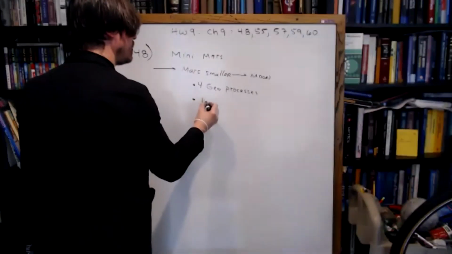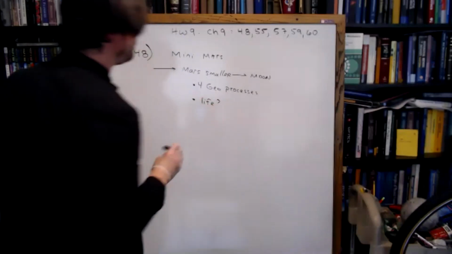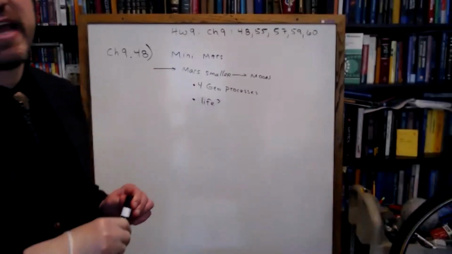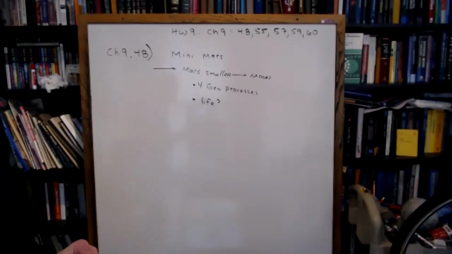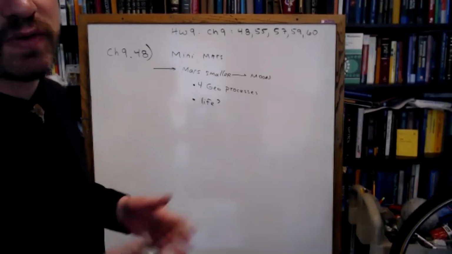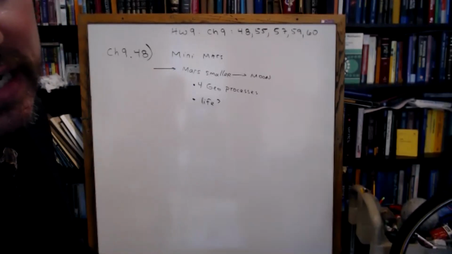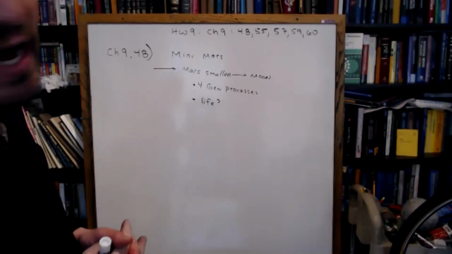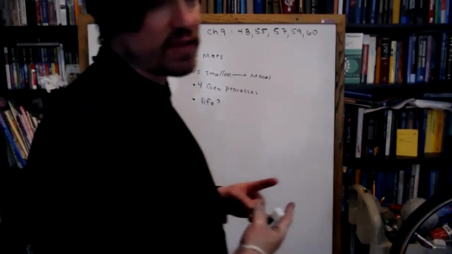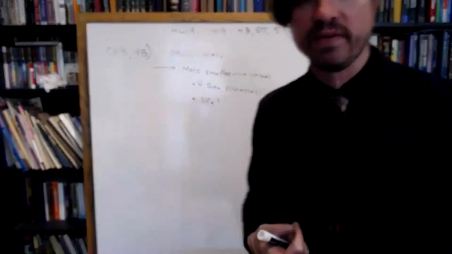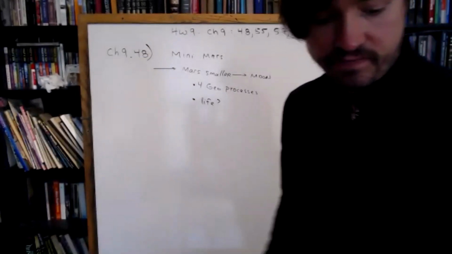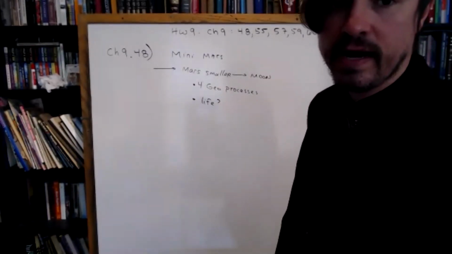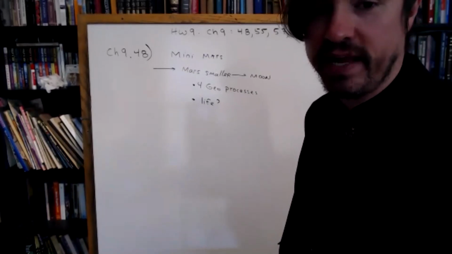Why don't we walk through this together? Mars today is about 3,400 kilometers in radius. Suppose it had been shrunk to about half. The moon is about 1,700 kilometers in radius. Let's review our 4 geological processes: impact cratering, volcanism, tectonics, and erosion. We have to address all 4 to get a complete answer.